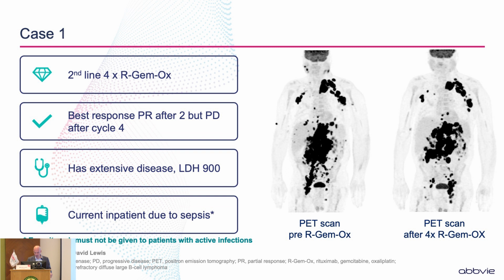with bulky disease, a high total tumour metabolic volume on the PET scan, and very high proliferative disease as evidenced by his high LDH. And there is actually evidence, that I'm sure you've seen, that patients with high total tumour metabolic volume are slightly more at risk of symptoms like cytokine release syndrome. So these are the sort of patients where you may want to keep a slightly closer eye on them and have a lower threshold for going in with tocilizumab, because patients with bulky disease are more likely to get